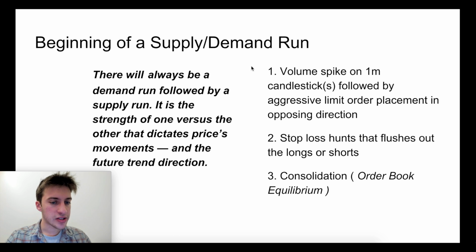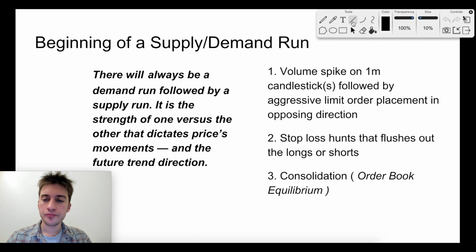Also, a supply run will always be followed by a demand run or equilibrium. So when price goes down, don't be the one trying to keep getting your limit order filled. Price goes down more, you try to get that limit order filled. Price goes down a little bit more, you try again, and it fills, but then price goes up. Or even worse, price goes down, and then you just market sell everything, 100x,